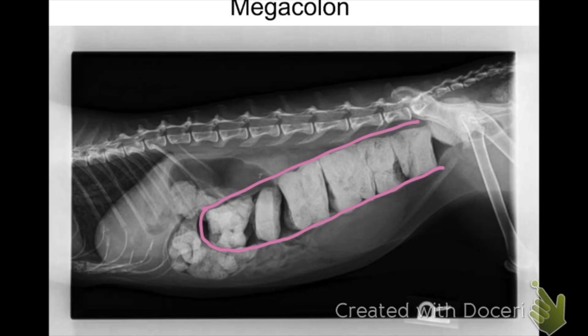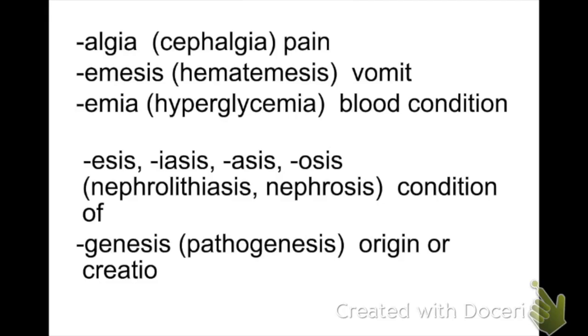Algia is pain. Cephalgia would be pain in the head or headache. Hematemesis is vomiting, and hemato, remember, means blood, so that would be to vomit blood. Hyperglycemia, emia is blood condition, so this is a blood condition involving high levels, hyper, of sugar, glyco, so high blood sugar. Esis, osis, asis all mean condition of, so